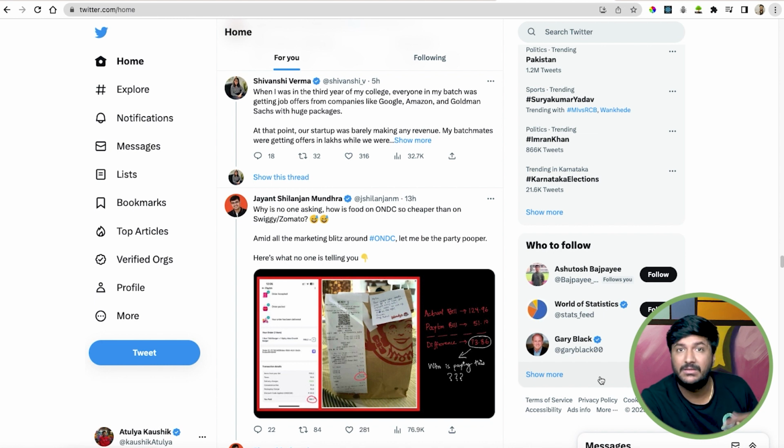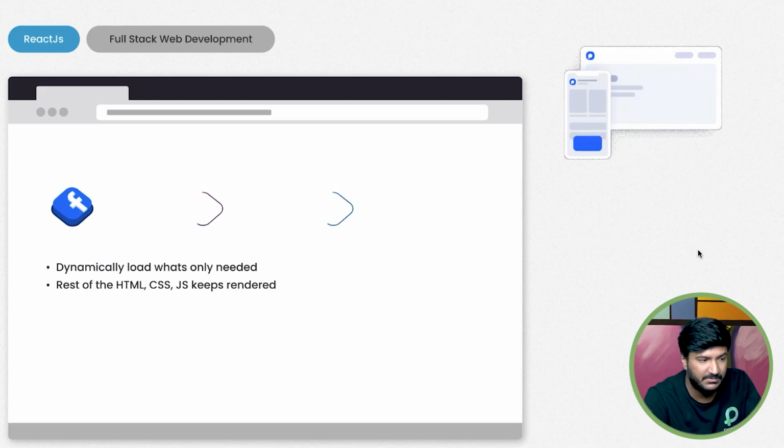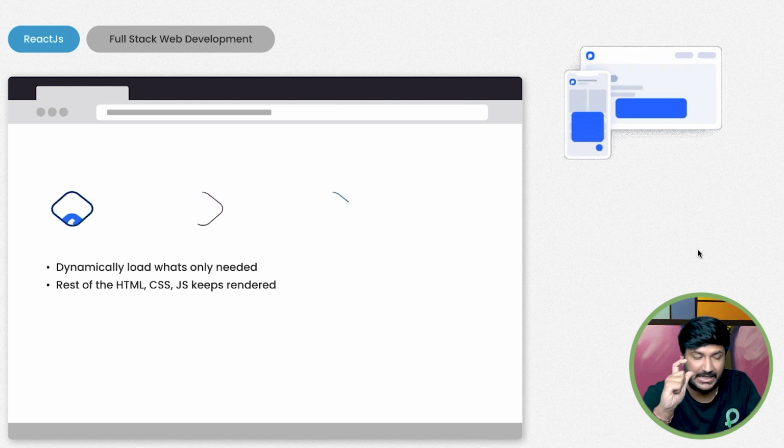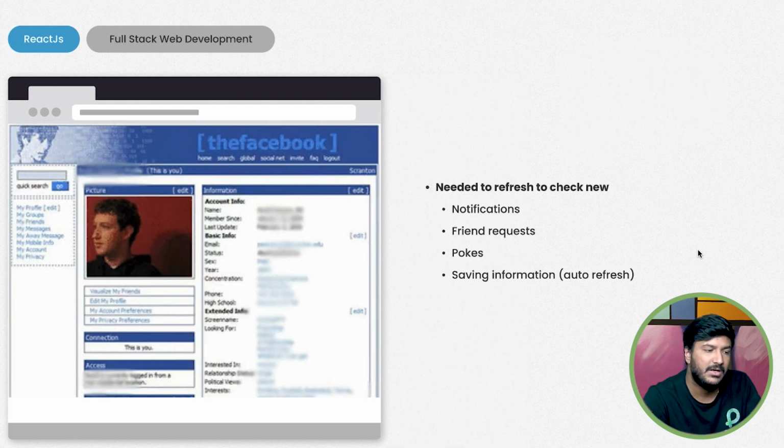This can happen in multiple ways, and probably in classic vanilla web development there are ways to do it too, but React provides good frameworks for us to do all of that. This is one way, for example, how your Instagram, your Twitter, your Facebook would work, right? They dynamically load only the content that's needed, and the rest of the HTML, CSS, JS remains the same. We'll have a look at it.